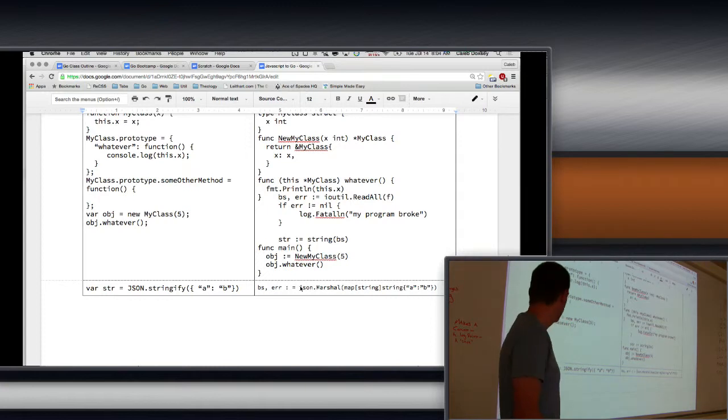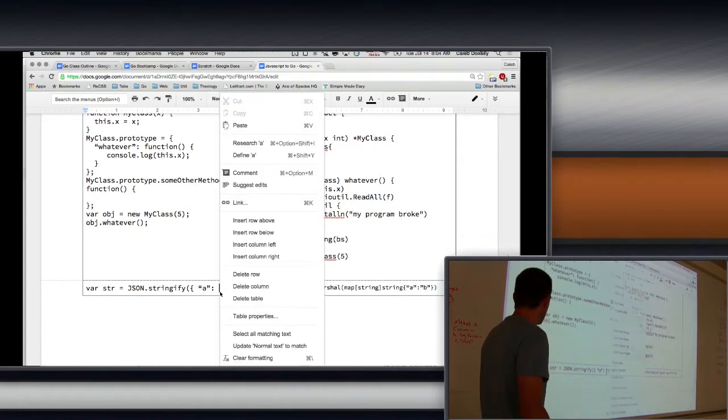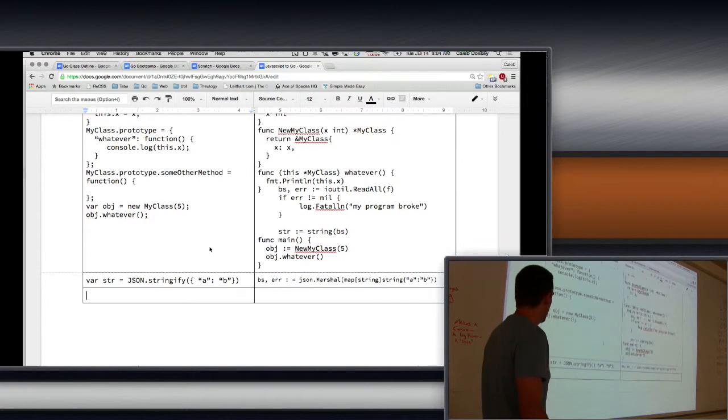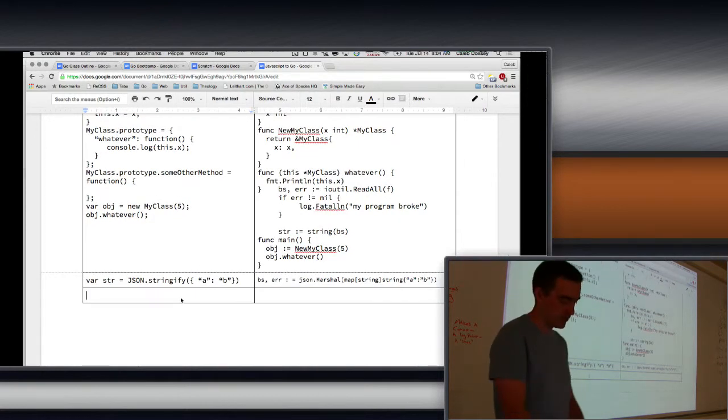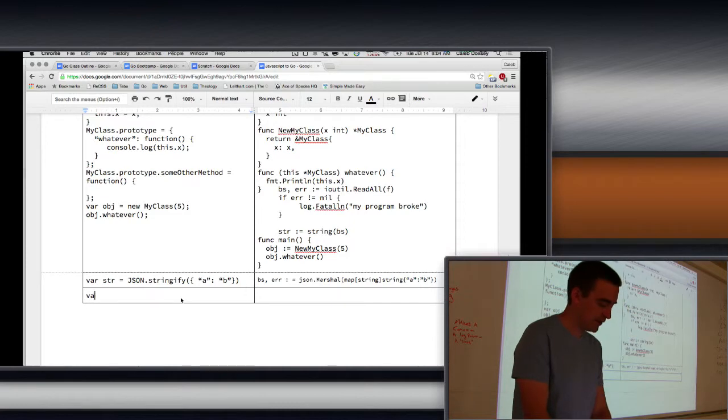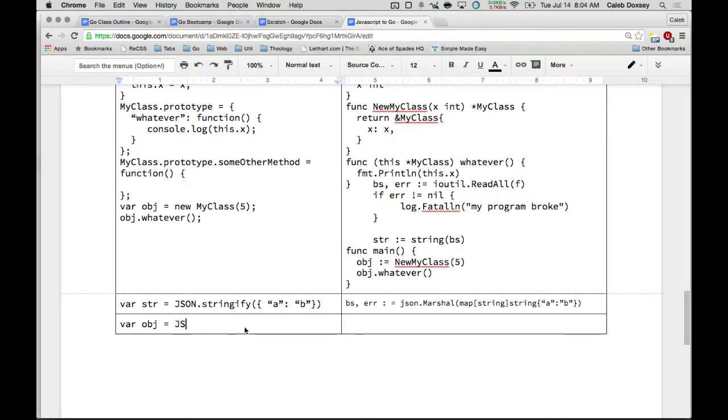here. So how do we do the other direction? So let's add a row. If I have a string and I want to turn it into an object, how do I do that in JavaScript? Use JSON.parse and give it the string. I think that's right. And then over here, we make,